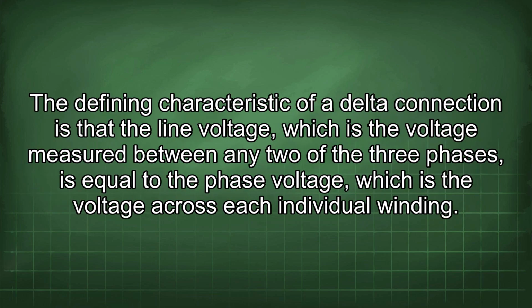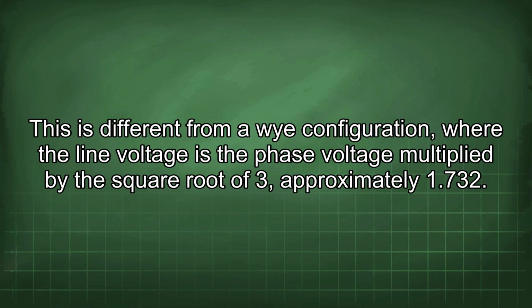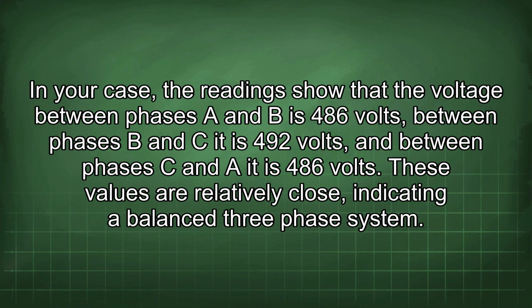The defining characteristic of a delta connection is that the line voltage, which is the voltage measured between any two of the three phases, is equal to the phase voltage, which is the voltage across each individual winding. This is different from a Y configuration, where the line voltage is the phase voltage multiplied by the square root of 3, approximately 1.732. In your case, the readings show that the voltage between phases A and B is 486